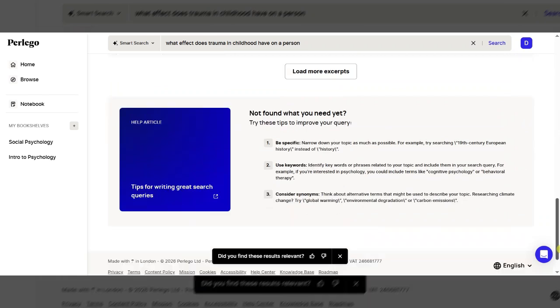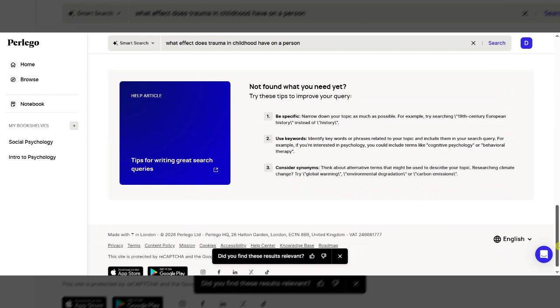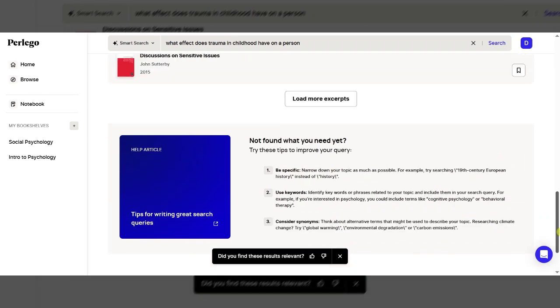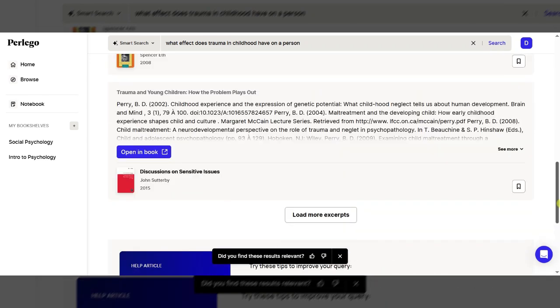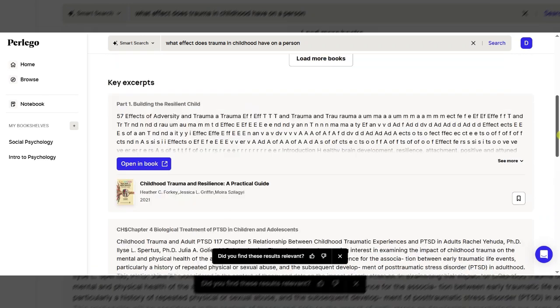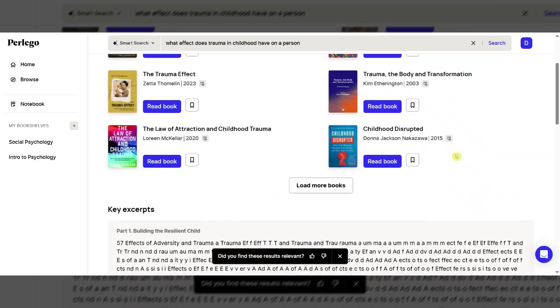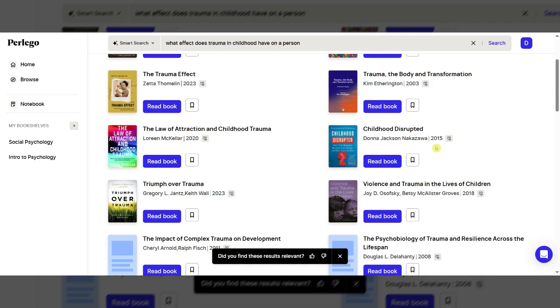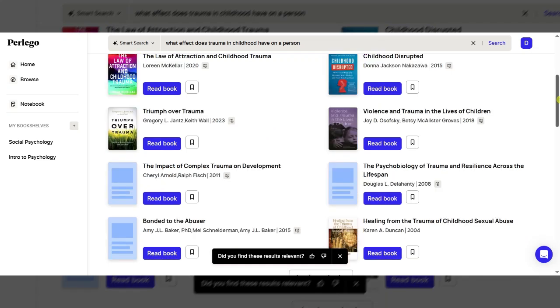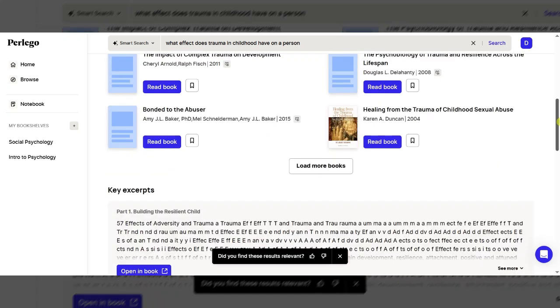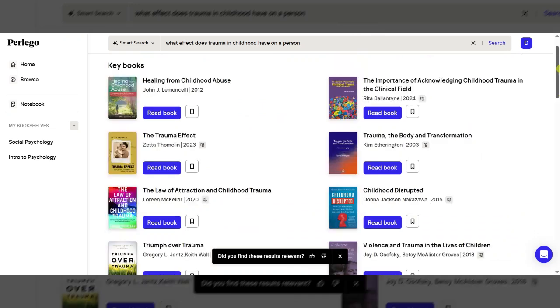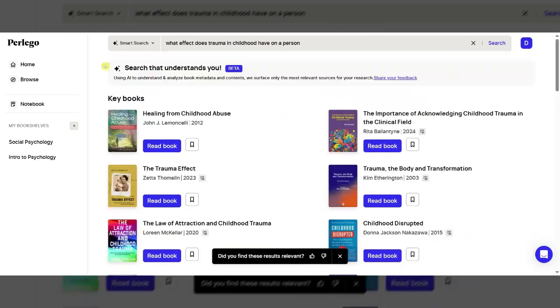And it gives you some tips as well if you're not quite finding what you want. So you might need to tidy it up a bit and use more keywords and things like that. But you can see it is giving you responses here, and you can load more as well. So they're the two main systems of searching.